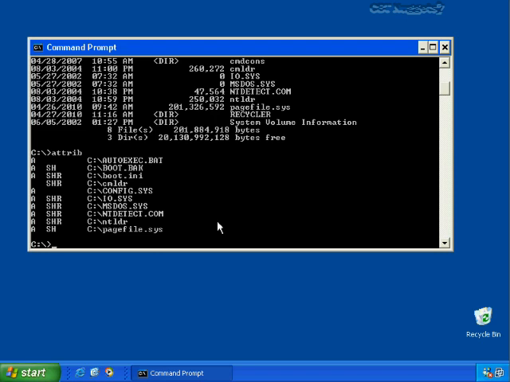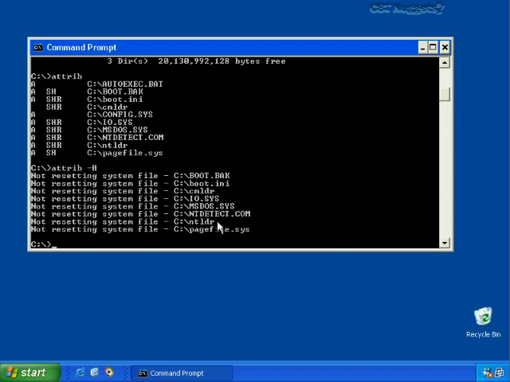Now if I wanted to remove one of the attributes, for example, let's just say of, I don't know, boot.ini, then I would just do attrib space minus H. Maybe I don't want it to be hidden anymore. But look what happens when I press that right now. It will not allow me to do that to any of these files, okay? Because they are system files. It says not resetting them because they're system files. So another thing I would need to do, actually, and I'm glad it didn't let me do that because I forgot to put in the file name, but I would do a minus H and a minus S.